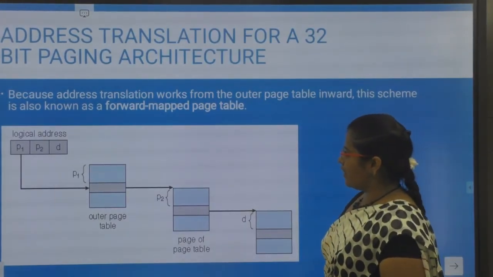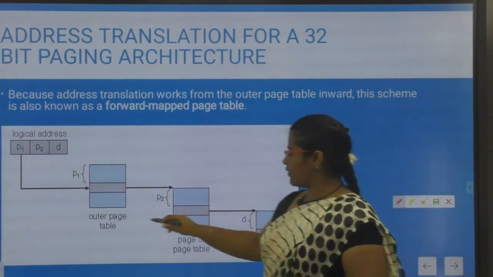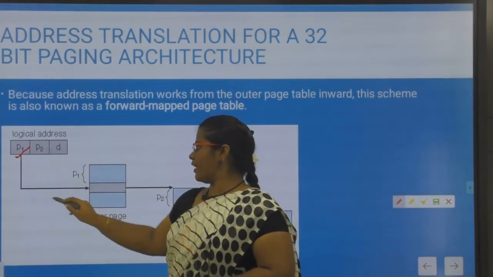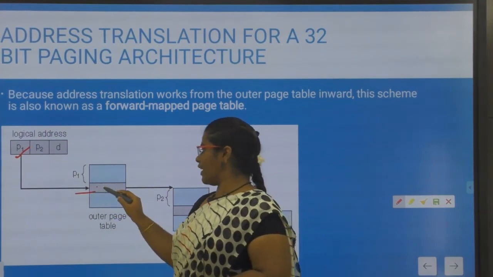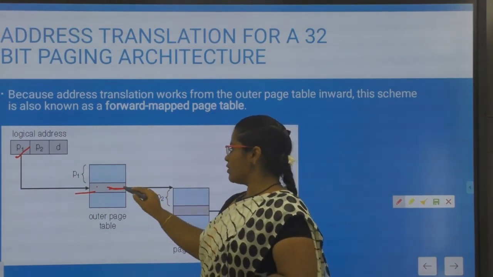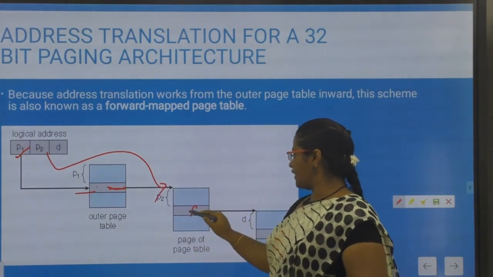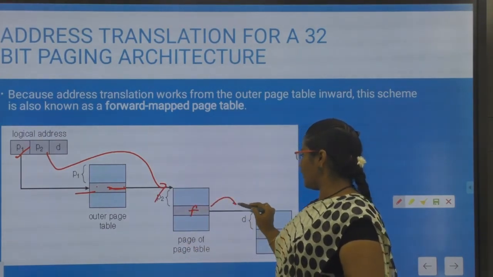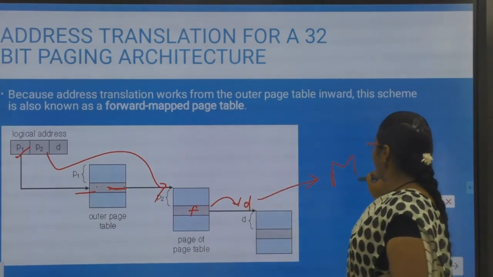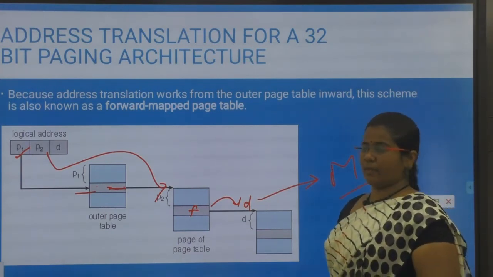Okay, so see here, that will be your logical address with the 2 page tables. If this is the outer page table and this is the inner page table, with the first page number I will refer to the outer page table. From here I will get the page number of the next page table where it is present. So with P2 I will refer to this second page table. From there I will get the frame number. I will take that frame number and go with the offset to find the actual physical address present in my main memory.